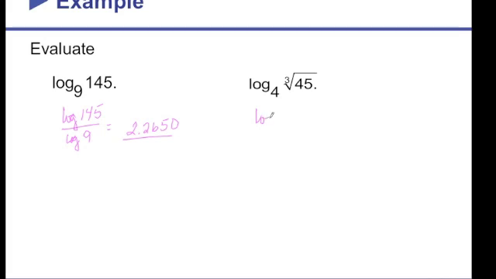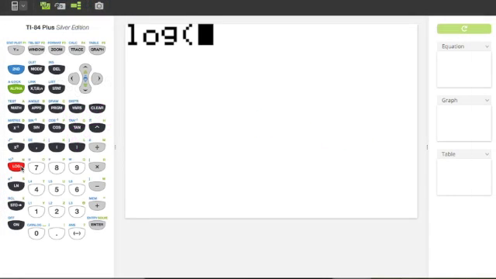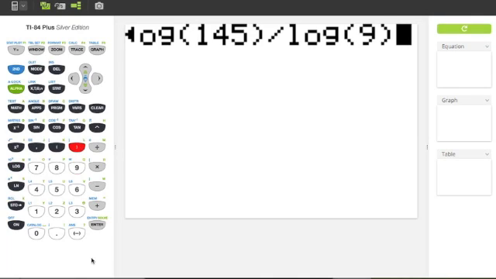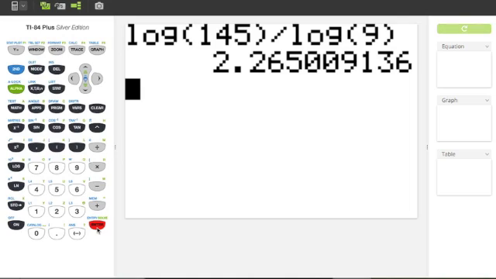And here we would take the log of the cube root of 45 divided by the log of 4. So I can do that with my calculator and end up with 0.9153. And I'll show you then how to do those actual divisions on your calculator. Log of 145 divided by the log of 9. And you can see we get